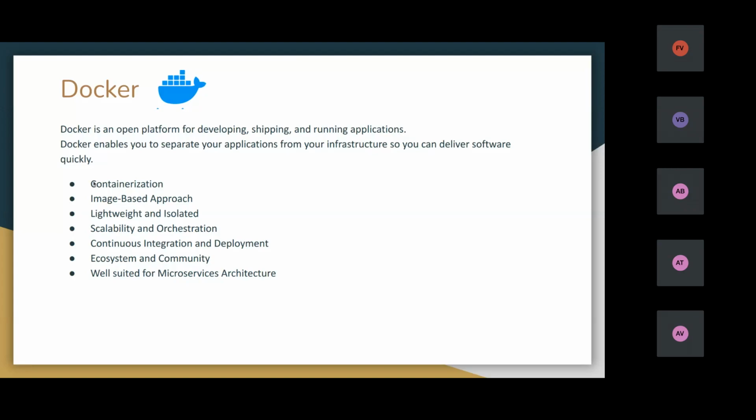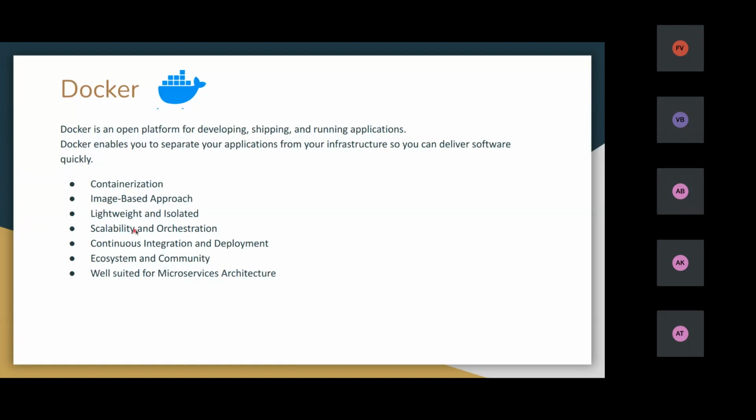Okay, so the main advantage is that while running services in Docker, they will be isolated from our infrastructure. Okay, and we can reuse the Docker images elsewhere. For example, we can reuse that Docker image on other cloud providers. Like if we have created one Docker image for AWS, we can use that Docker image for Azure, or we can use it in our local system also. We can use Docker. Okay.